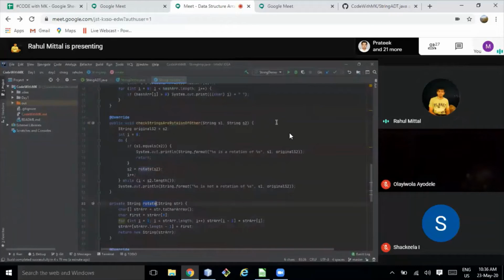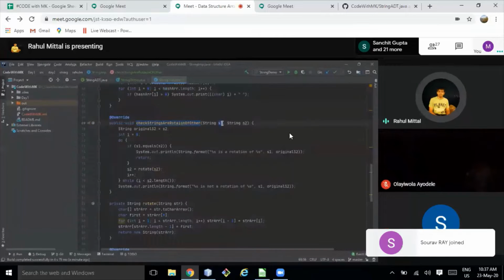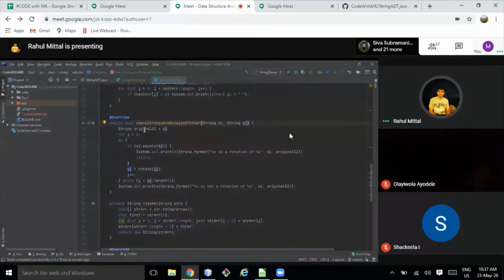I think we already explained this rotate method, so everyone is aware of how it works. Now coming back to the original method, which checks whether the two strings are a rotation of one another. I'm preserving the original S2 string in a variable just for logging purposes. Then I'm doing a do while here.